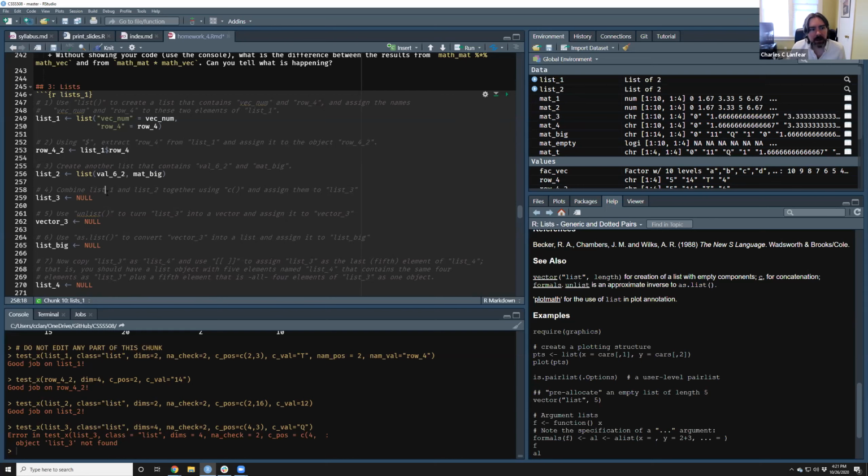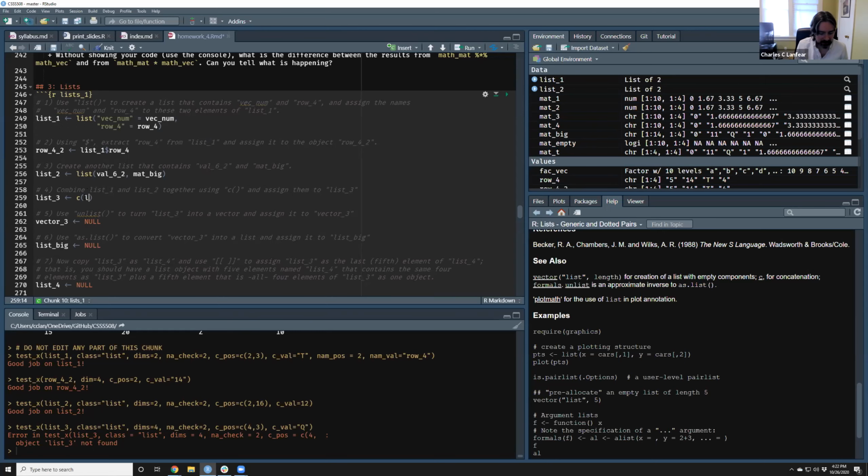Now, combine list 1 and list 2 together using C and assign them to list 3. This is another example of sort of do literally exactly what the text says, and you will get the answer. Try not to brutalize people with list stuff, because lists can be a little bit mind-bending. So this is literally just saying use C to combine these.